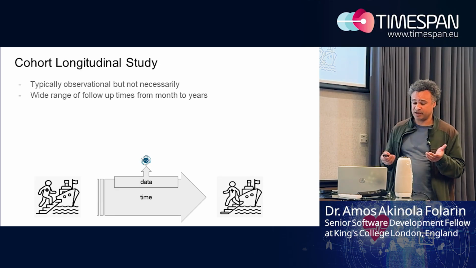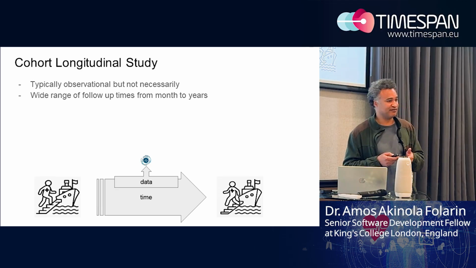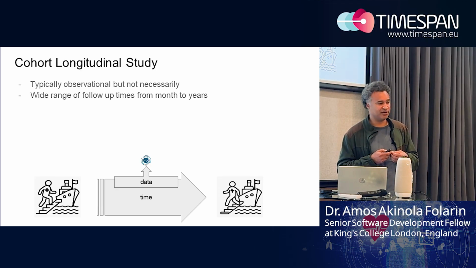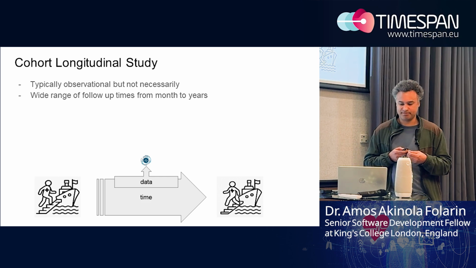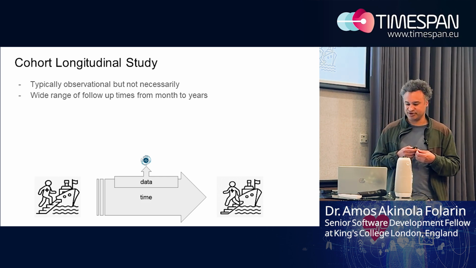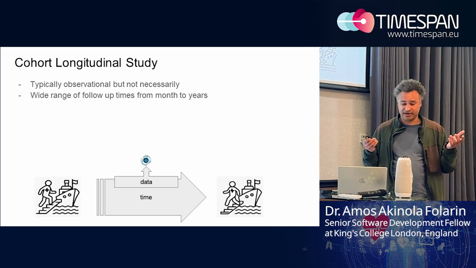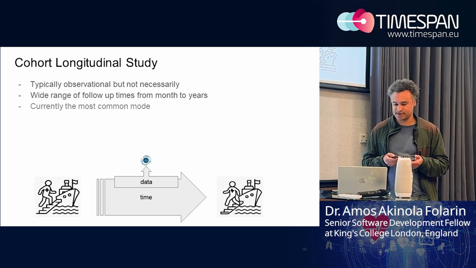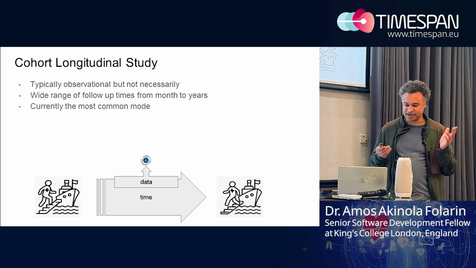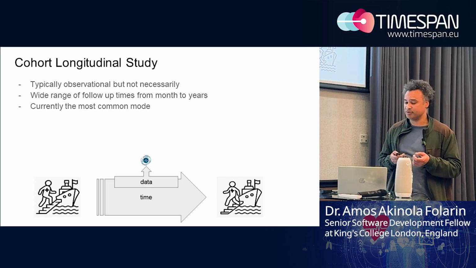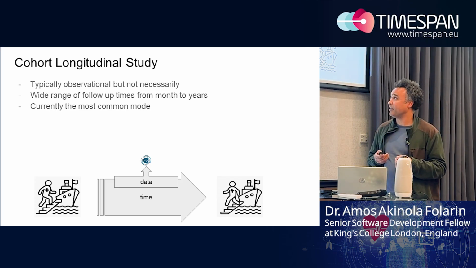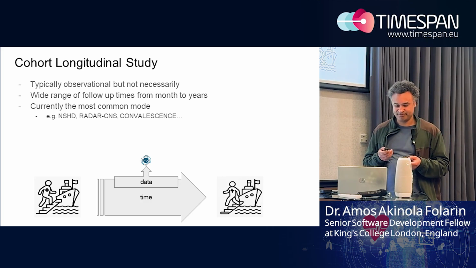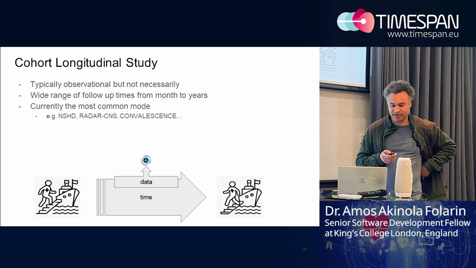And we've been doing studies that range in follow-up time. So things like the RADAR depression study, we had a follow-up time of about 2 years. Depressive relapse is a relatively rare event, so we needed quite a long follow-up time for that study. But yeah, there are studies where we're monitoring people just for a few weeks or a month. As I mentioned, this is our most common modus operandi. And yeah, a whole bunch of studies. Again, you'll hear more about them maybe later today.